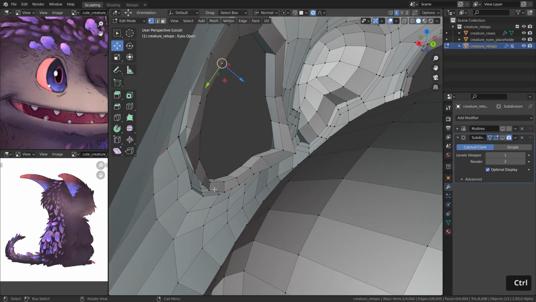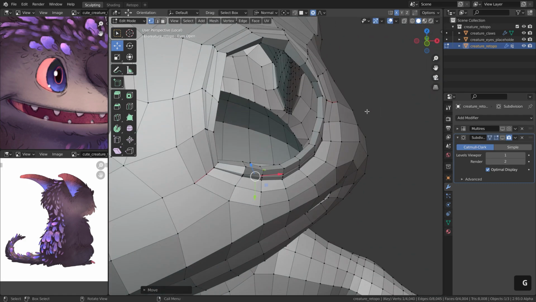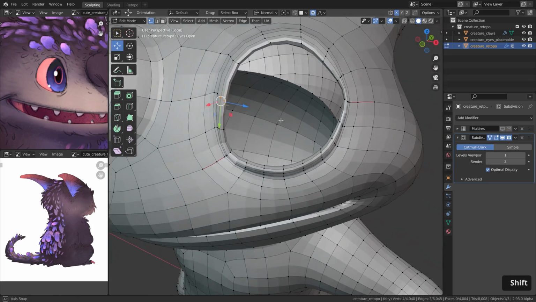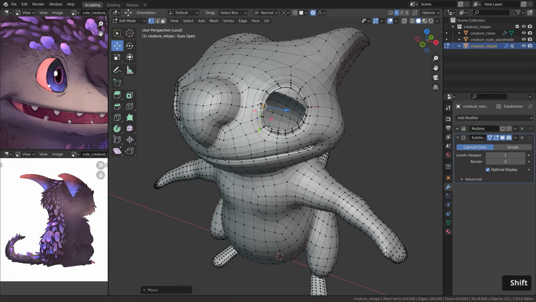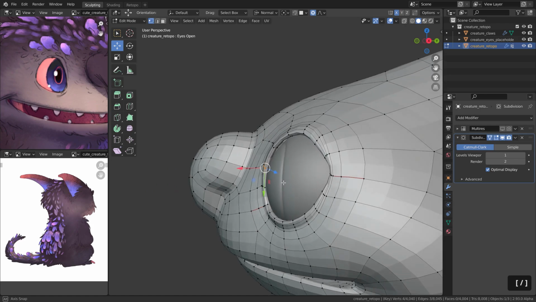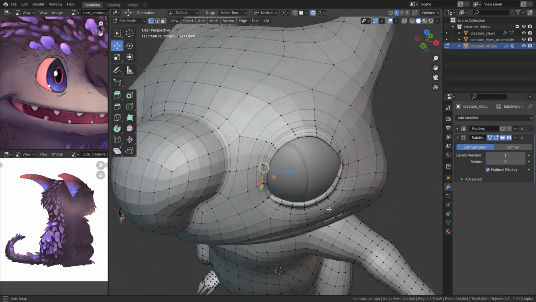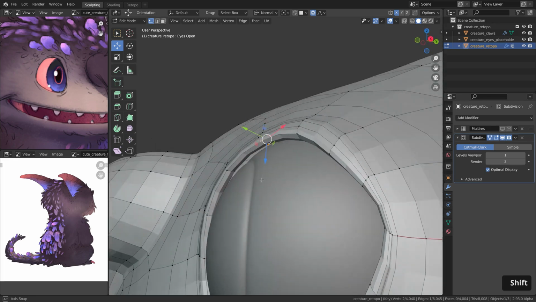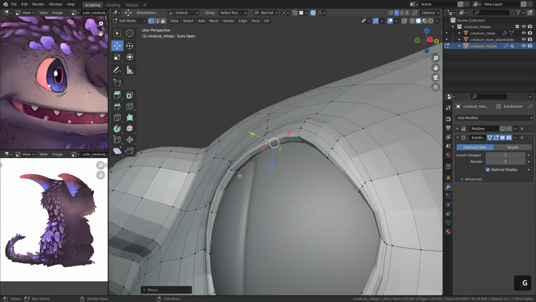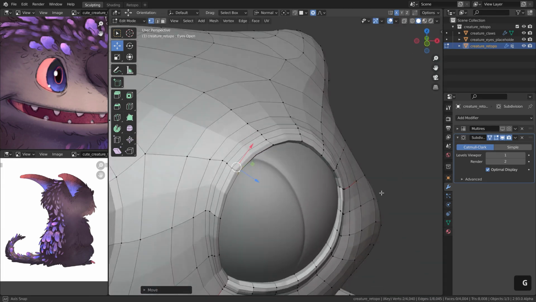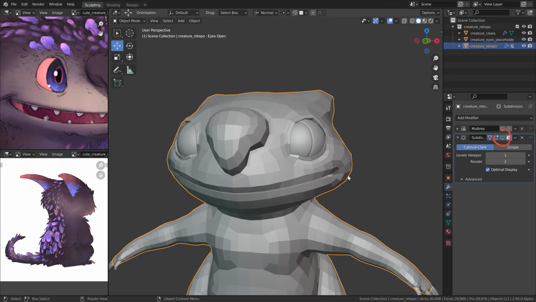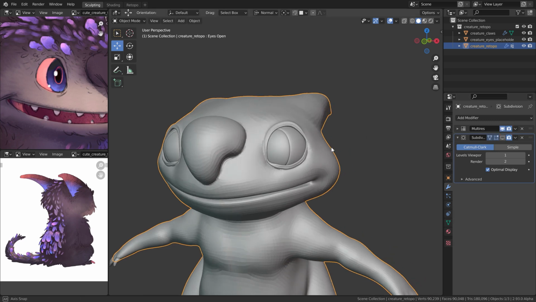Let's make sure that this also looks good when the subsurf modifier is disabled. But yeah, this I think looks quite okay. Maybe over here we can move it a bit more in this direction. Let's hit slash on the numpad once again. Let's check one more time if we can't see into the empty head here. Over here we should definitely move it a bit closer to the eyes. The rest looks good. So now let's disable the subsurf modifier, then re-enable the multi-res modifier, and then you can